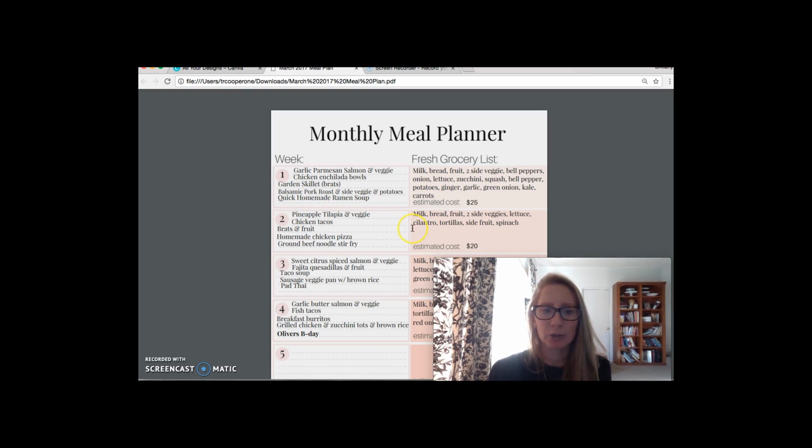Then for week 2, we're going to do pineapple tilapia and veggies on that pineapple skin that you saw that I froze. Then we're doing chicken tacos, some brats and fruit, so just brats in a bun and then fruit on the side. Homemade chicken pizza, and then ground beef noodle stir fry,